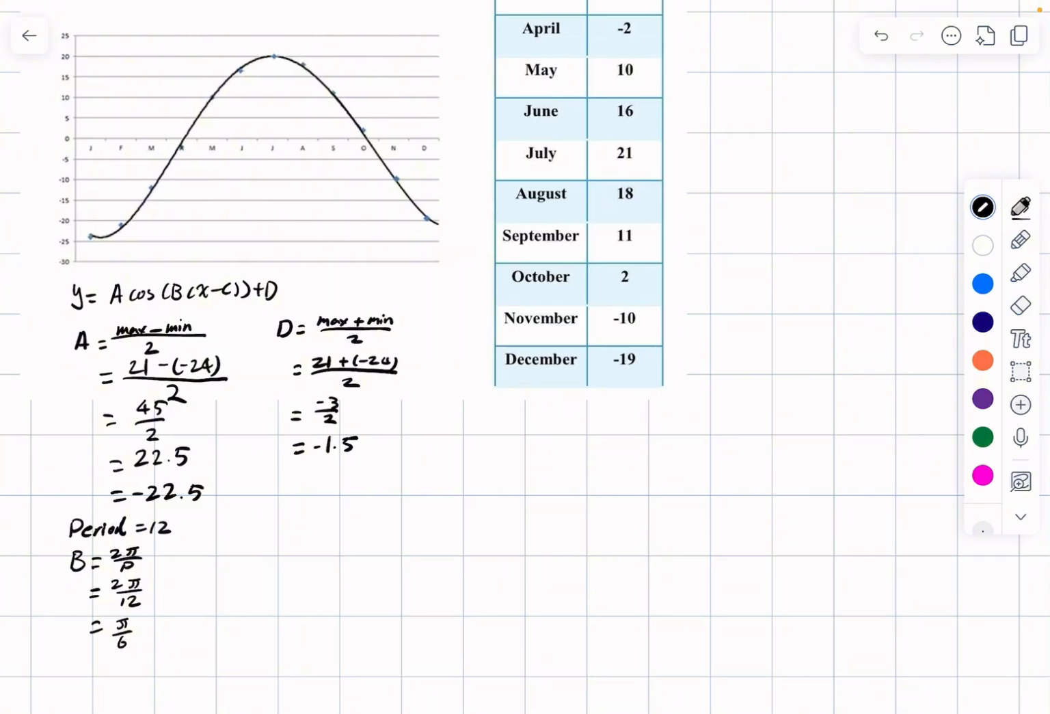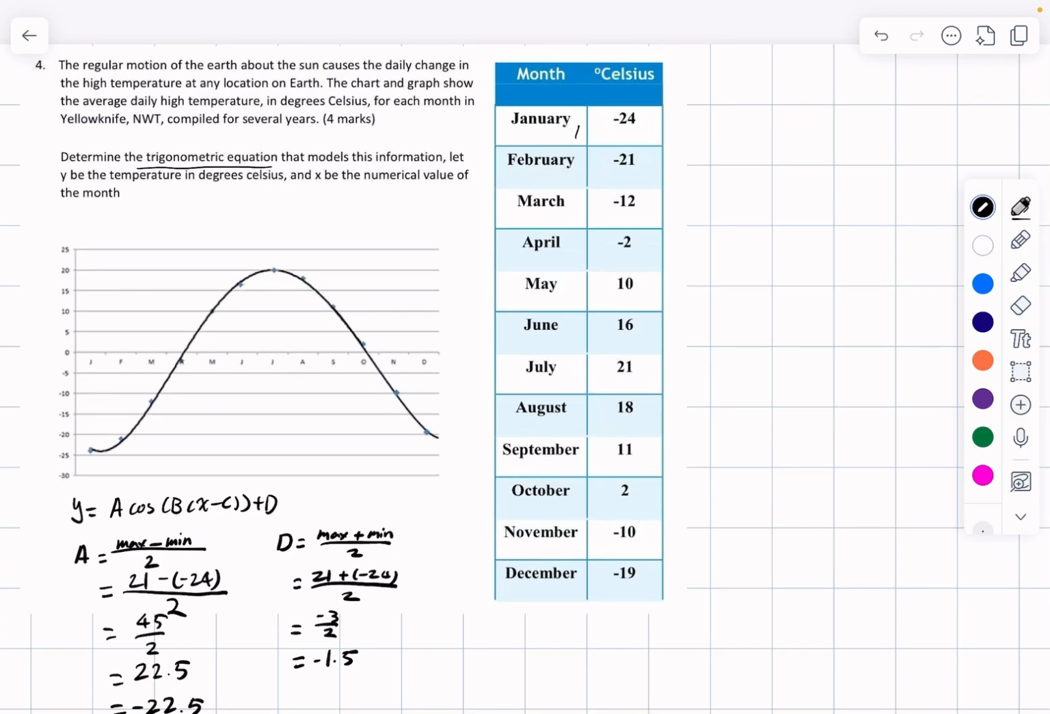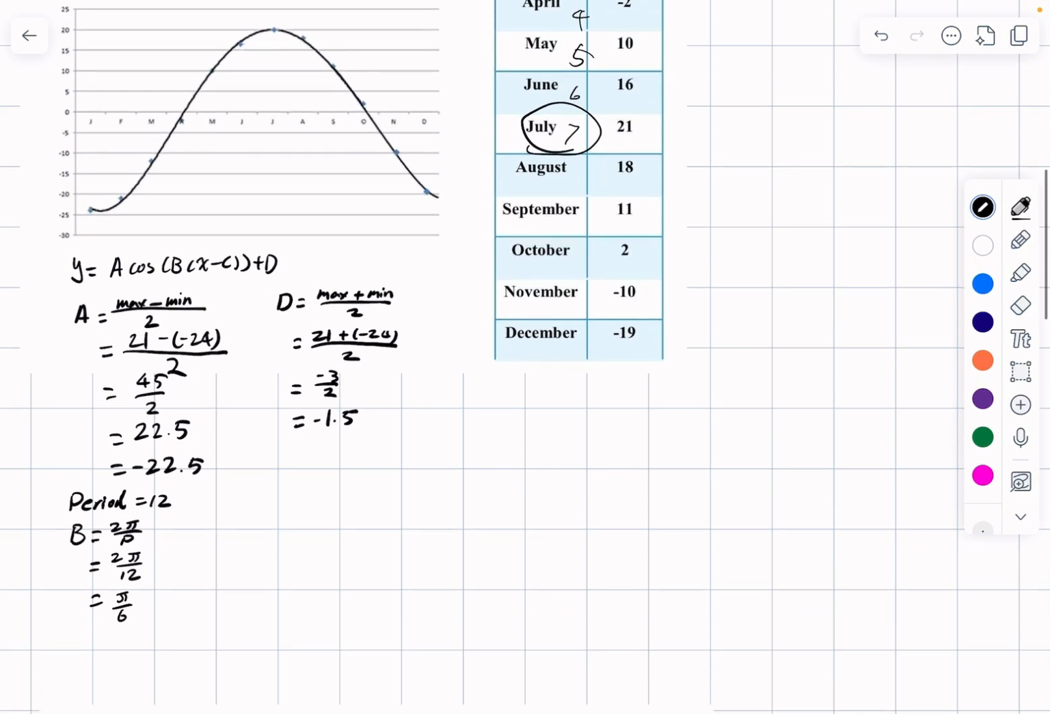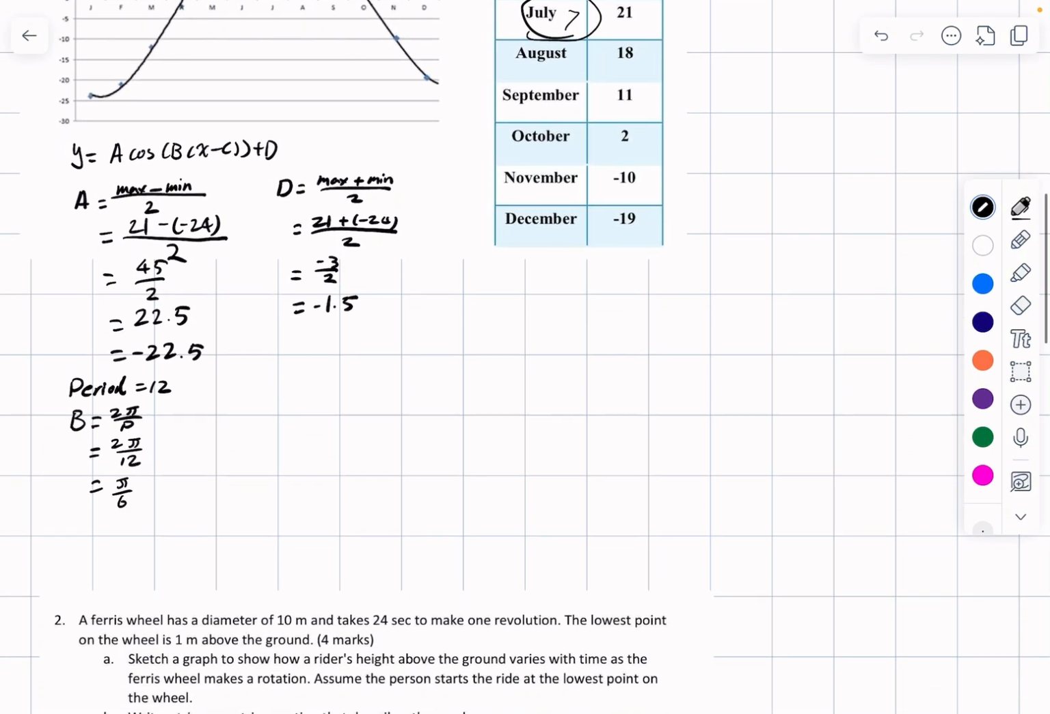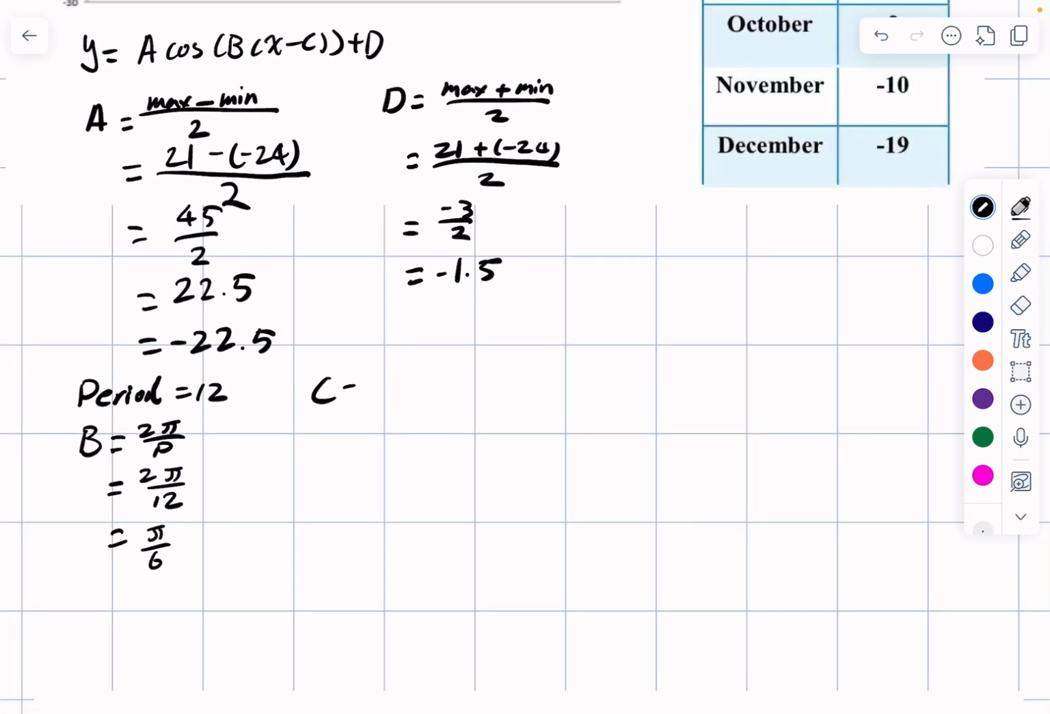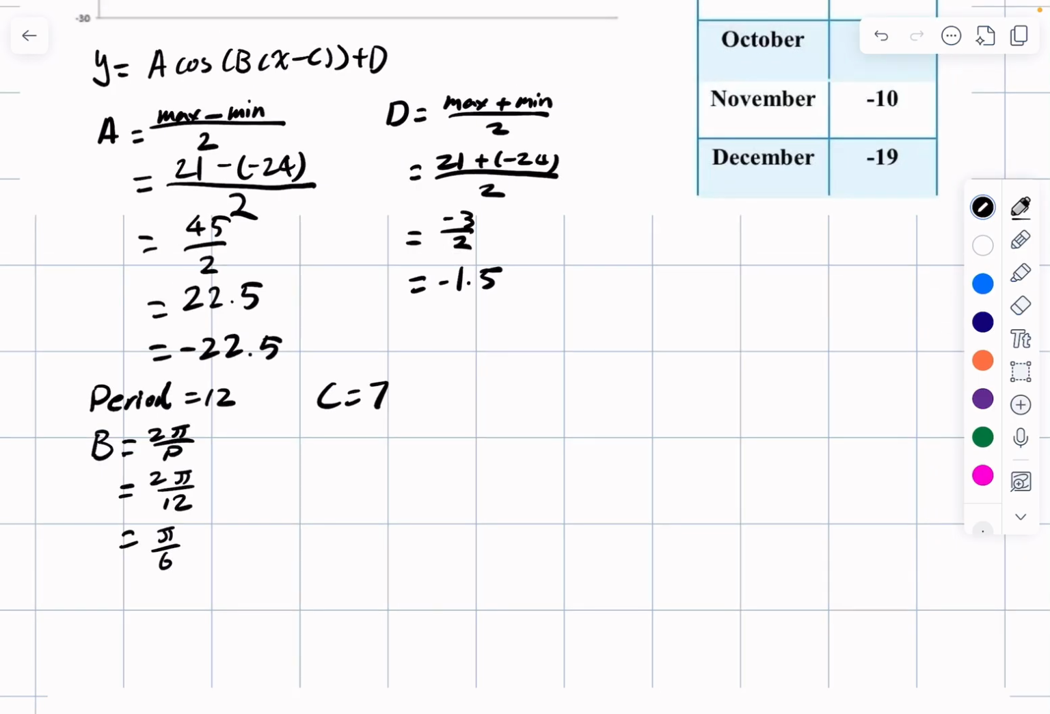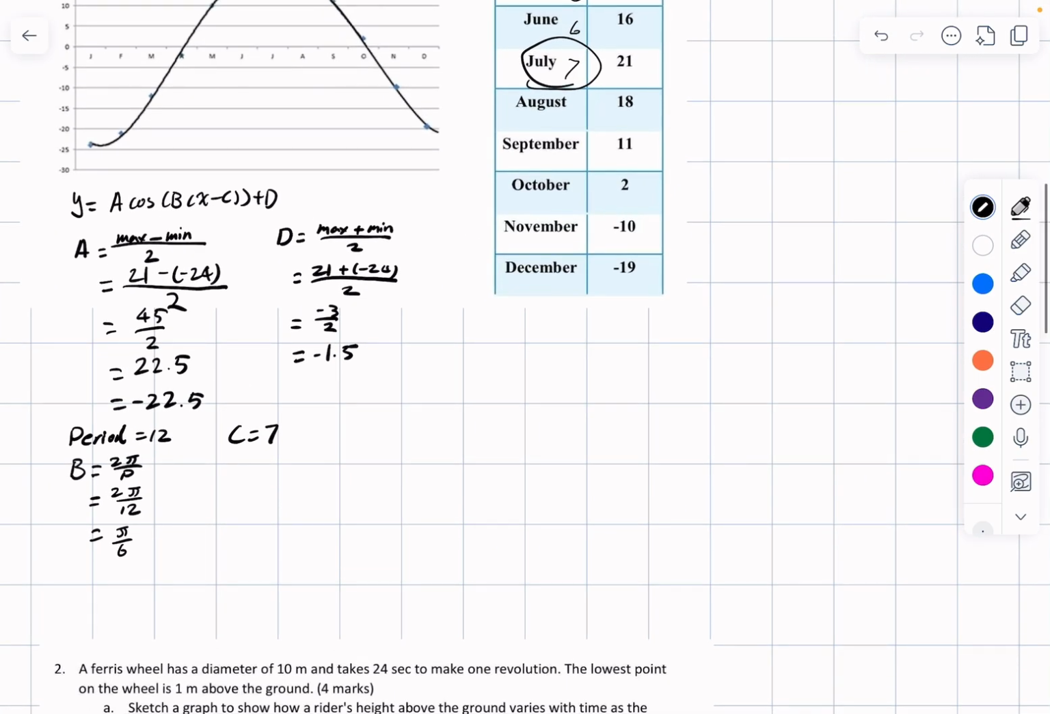we start at the maximum, which is July, and the maximum is the 7th month. 1, 2, 3, 4. The 7th month. So C equals 7. So combining all of these together, the final equation is y equals